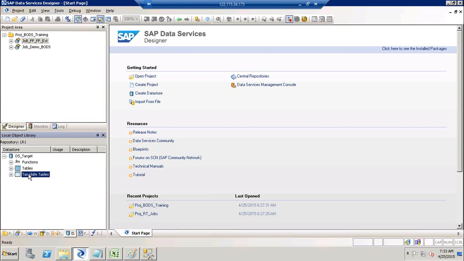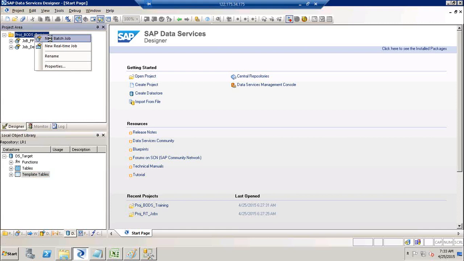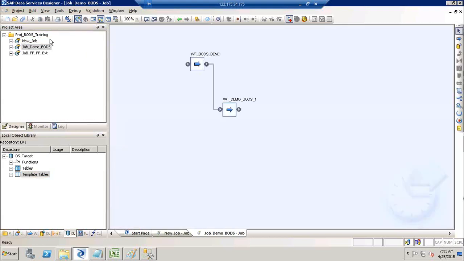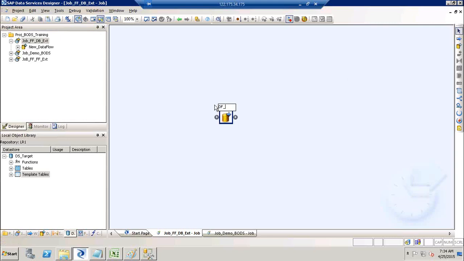So we'll talk about this difference between permanent tables and template tables as we look into those scenarios. So now let's go and create a job that will read the data from a flat file and write it into a database. So this is my job_ff_db_ext, flat file to database extraction, then df_ff_db_ext, flat file to database extraction. Open that one, and now